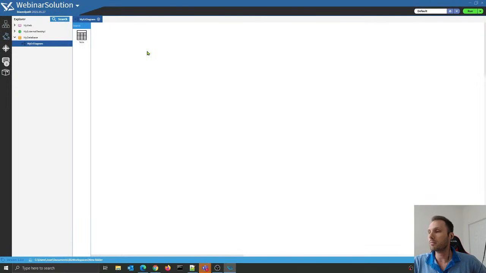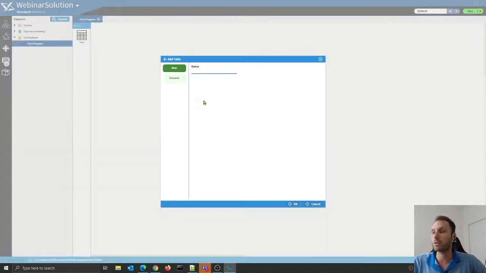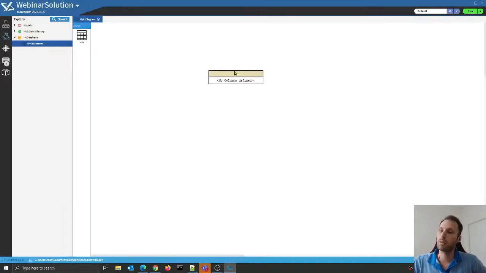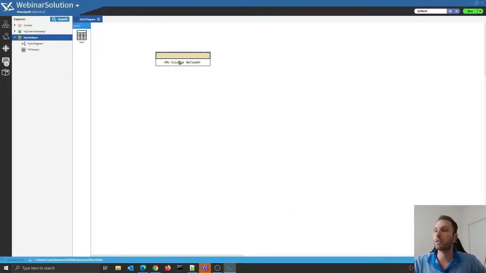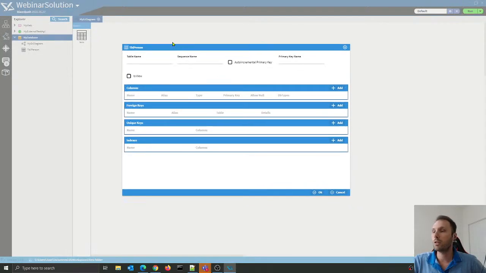So in here I have my ER diagram. I came back to the Explorer, and since I don't have anything pre-configured here, I'm just going to grab on the menu the table widget, and I'm going to drop it on the canvas. So I'm going to name my new table TBL person. So this table, which has no metadata here, you'll double click on it and it will open you a pop-up